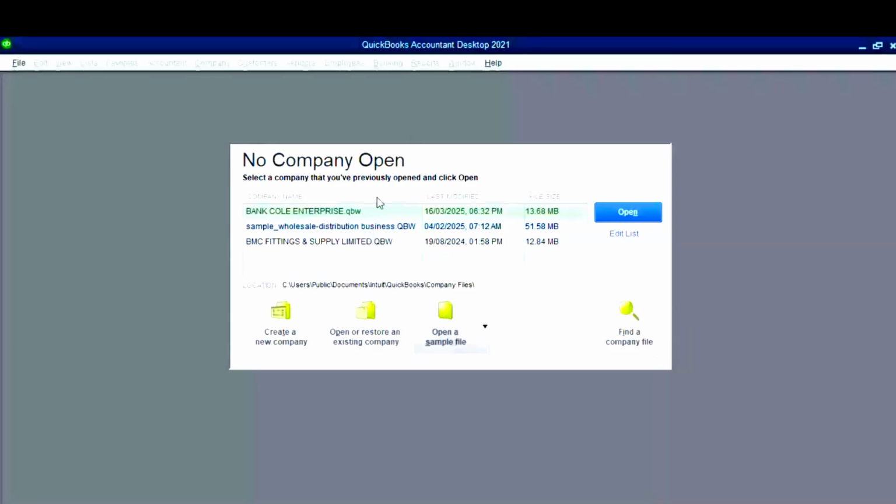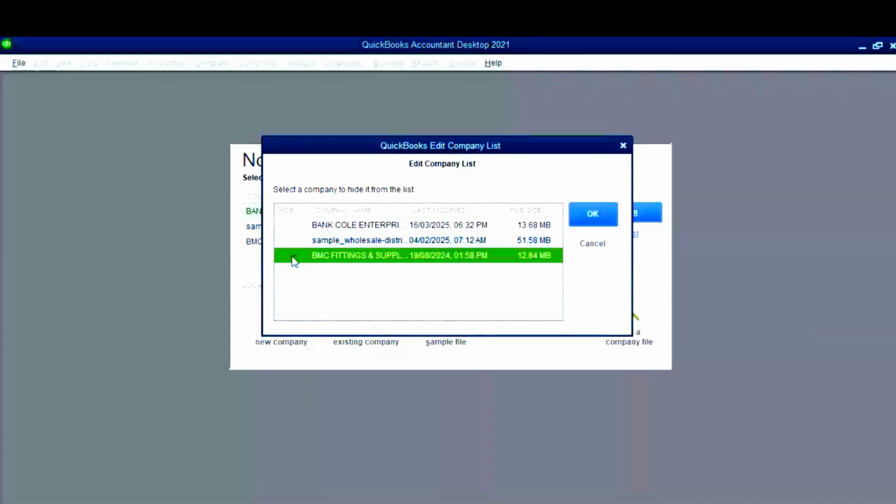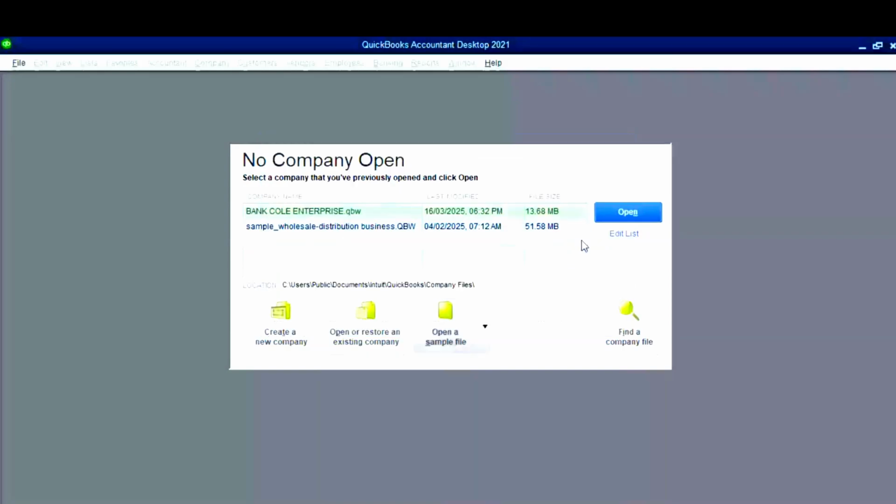Here we have about 3 companies. Assuming I don't want to see one of these again, what do I do? I click on Edit List and I can remove the one I don't want here. Again, I can hide this, then see Fitting and Supply, and you can see it's no longer showing on my desktop. Why? I still have it in my system, but it will not be opening. This is important when you have restored a company. So you have like 2, 3 names. The same company, you have restored it like 2, 3 times. You see Banco Enterprises, Banco Enterprise, Banco. So that can be confusing at times. When you are involved in this kind of thing, just edit the list and remove the